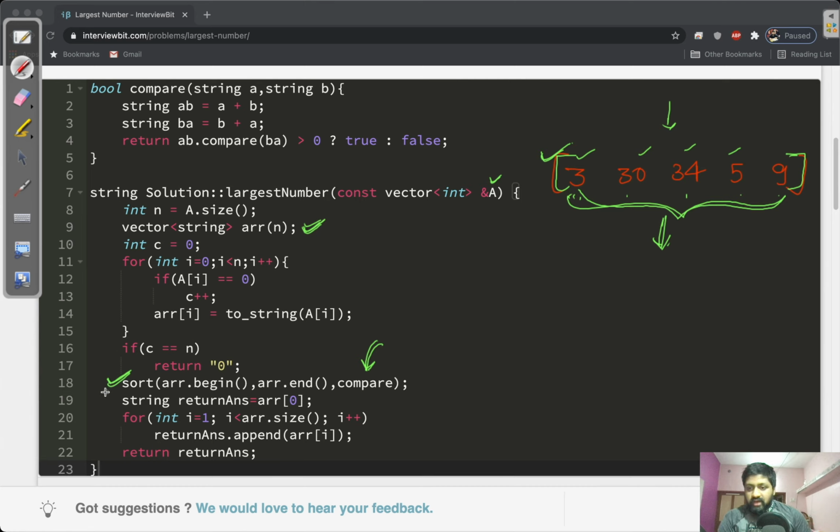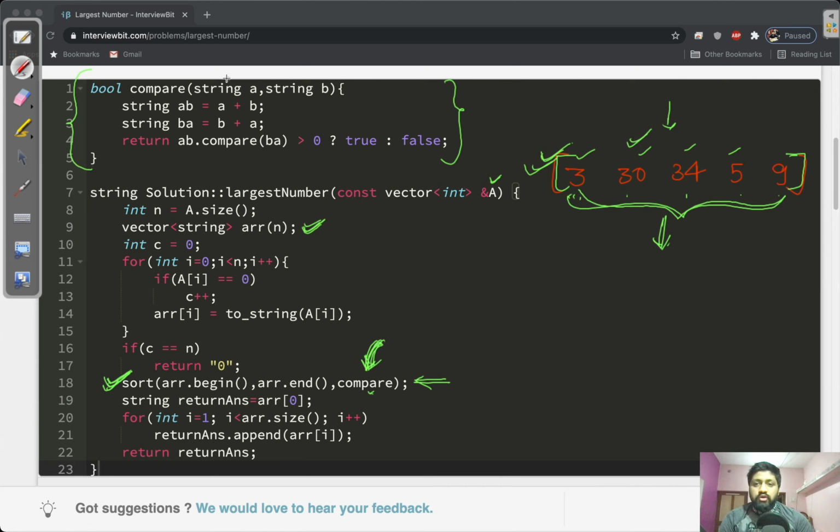For that purpose, we have used the inbuilt sort function, which is there in the algorithm library. It generally takes either 2 arguments or 3 arguments, but in this case we will use the 3 argument sort function because we are passing our own compare function by which we need to sort this array. This sort function takes the compare function as an argument, which is user defined. So we have written this user defined compare function which will compare this array of strings.